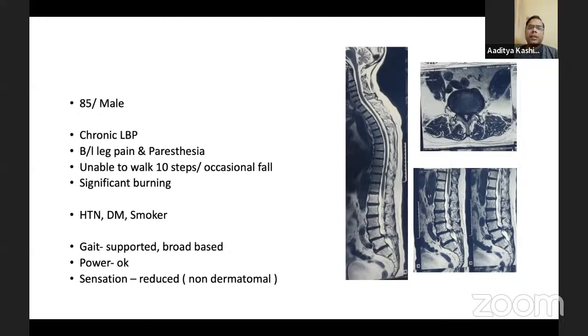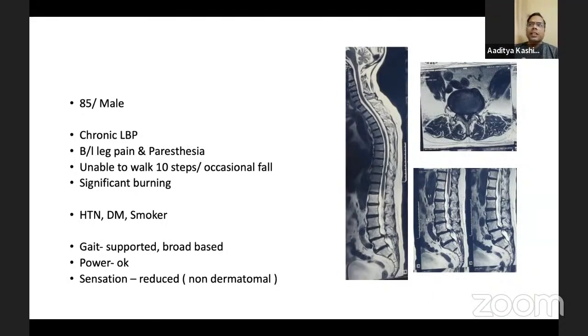I usually don't go by any fixed ideas. The patient's symptoms are of utmost importance, plus radiological details. Whatever the earlier three speakers have told, I think everyone is trying to make one point: judge the case on a case-to-case basis. It is an individualized decision. Yes, sir. Aditya, continue. Rather than having any fixed ideas about what we have told, there is nothing like a thumb rule in spine. Everything can be considered and everything can be operated. So that was my first slide: one treatment fits all is not possible in LCS.